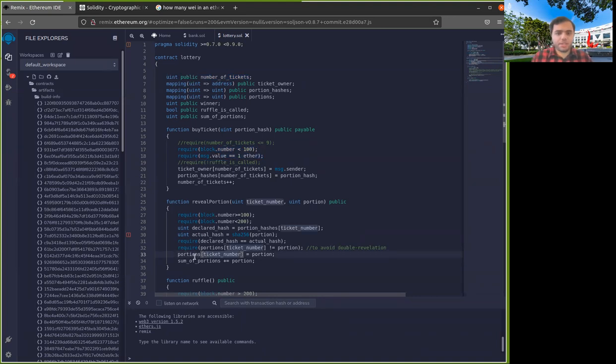And if I'm winning the lottery, that's great. If I'm not winning the lottery, I don't reveal my portion, and that causes the lottery to be canceled. And the penalty that I'm paying for causing this cancellation is basically just the value of 1 ticket. It's just 1 Ether, right? But my probability of winning the lottery was 50%. So now I'm getting another 50% chance in the next iteration of the lottery.